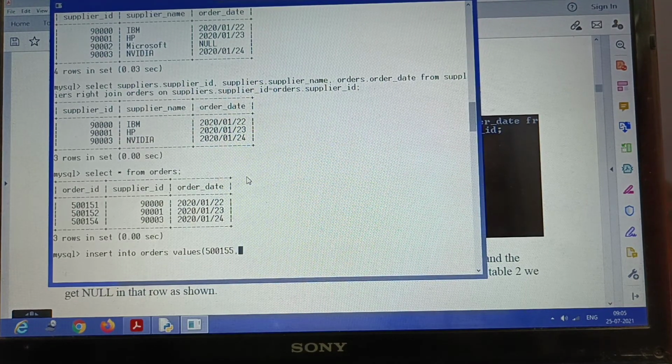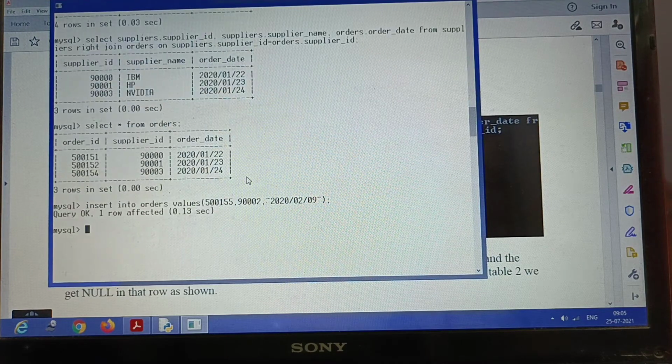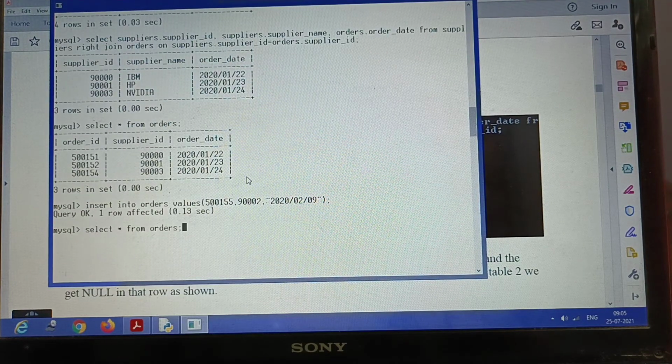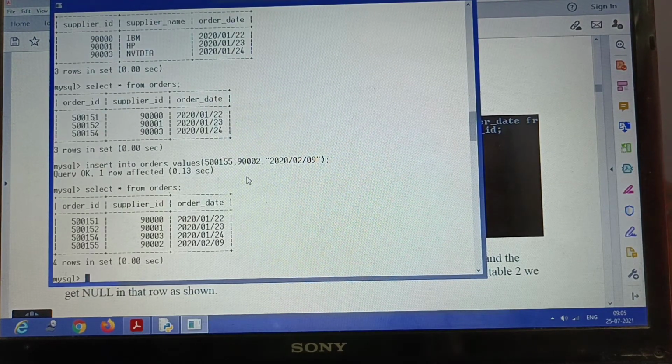You can take 9002, and because we have given the date as a date here, we have to write 2020, and we can take 02/09, a specific arbitrary date. So we can enter the command like this. You can see that the orders table is updated. We can give the command select * from orders, and we'll see that the orders table is updated here.